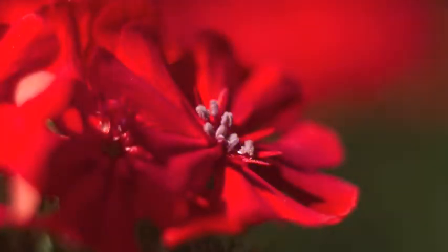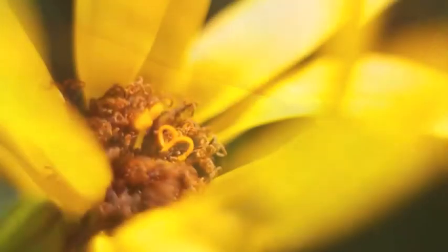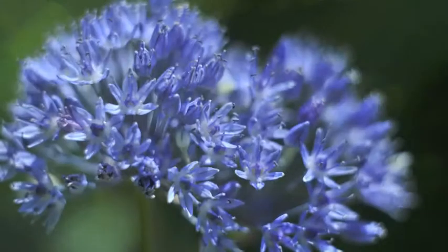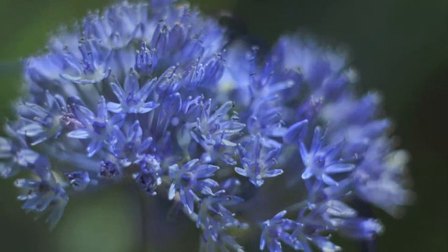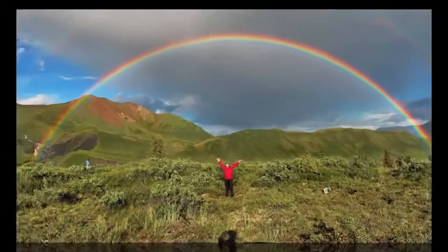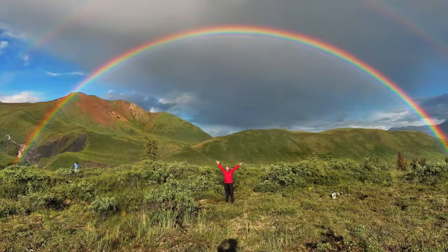White light is actually composed of 7 different colors: red, orange, yellow, green, blue, indigo, and violet. In natural conditions, sunlight goes through the droplets of water still hanging in the air after a storm,